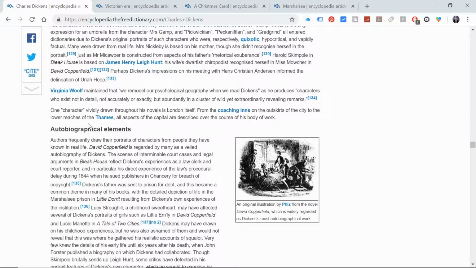We see its good side, we see its underbelly, we see its dark side. It's got different aspects to its personality, the Thames, the coaching inns. So you can make that an analogy, say that London, like a person, has these different characteristics, has these different sides to its personality, and that's something that you could use in a lot of different novels.